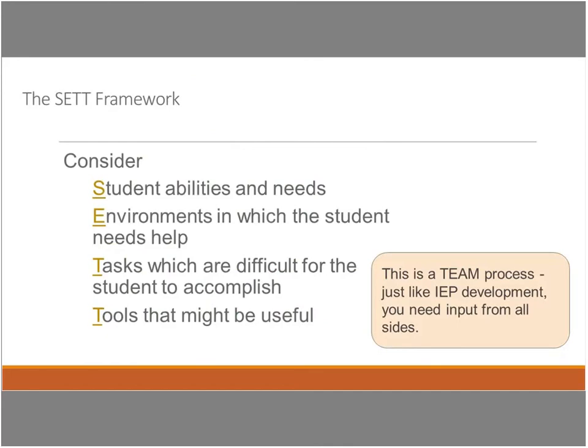And when we think about the SETT process, the most important thing to think about is a team process, just like the IEP development process is. You want a team that knows the student to come together and think about the student's abilities and needs, the environment the student is in, what tools are already available in that environment and how they're currently using it, what tasks the student is having difficulty completing. So like the SETT I went on